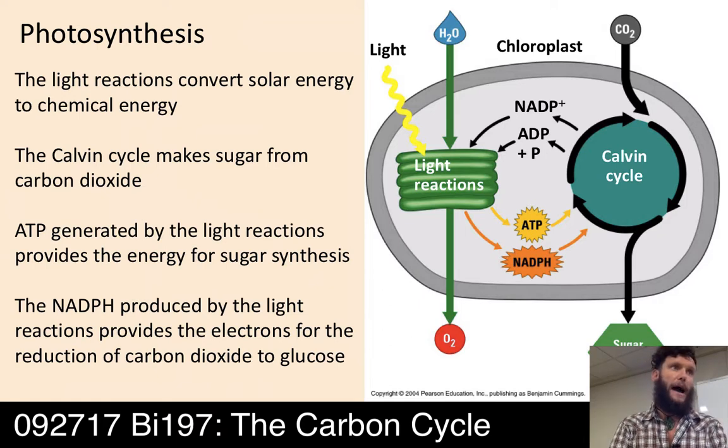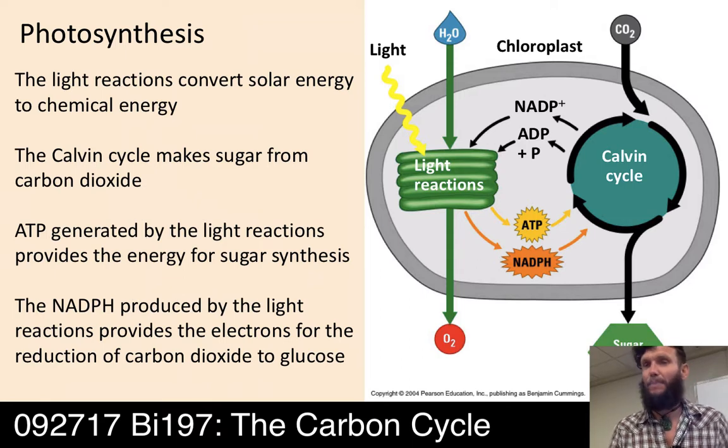So the light reaction happens in these little stacks of discs inside of the chloroplast, which is a larger plant cell unit. Inside of it are these discs that absorb light. It takes water and is going to reduce it and produce oxygen. The oxygen is the output, but those hydrogens that are ripped off of the water are used as reduction equivalents for these molecules called